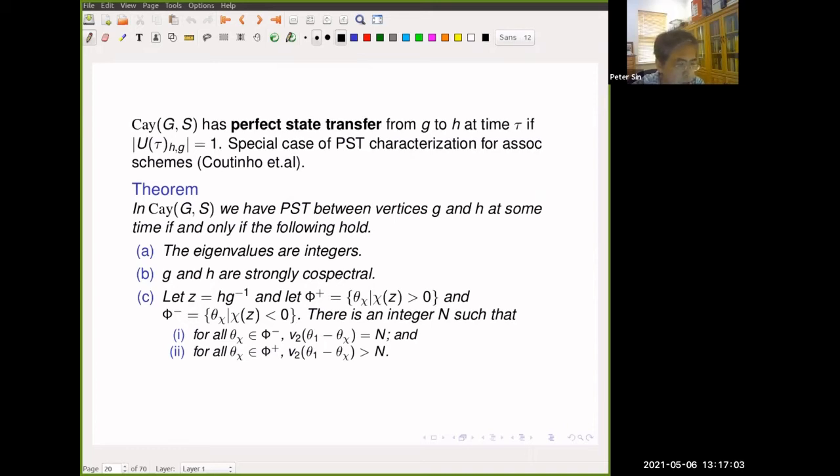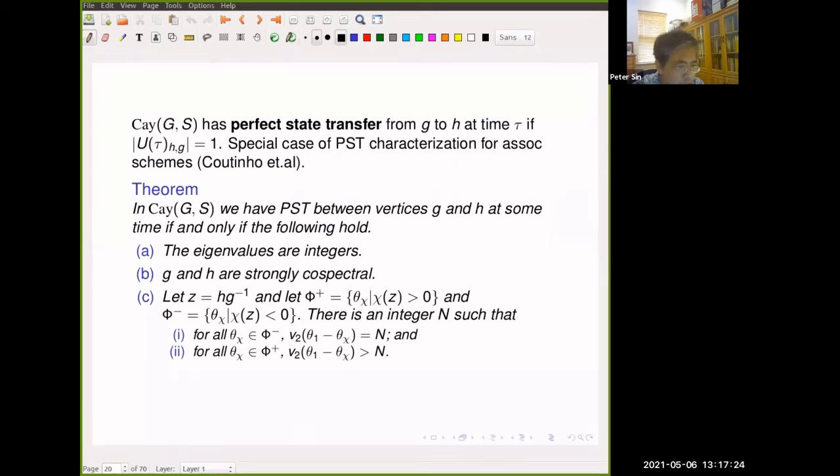And thirdly, if z is the involution connecting g and h, then let's look at those eigenvalues corresponding to characters where the character is positive on z,